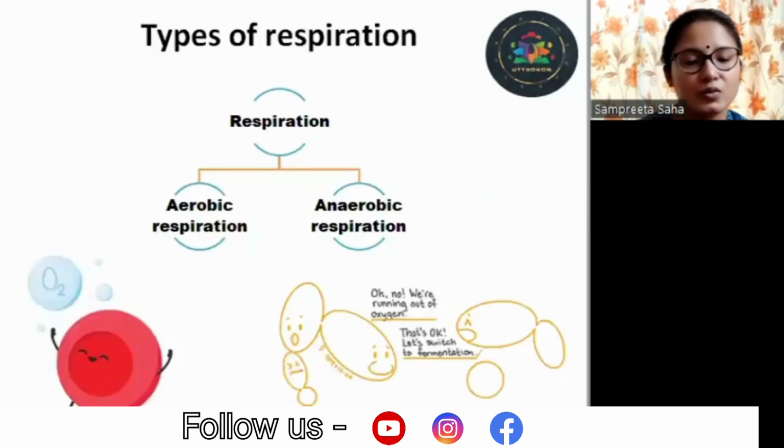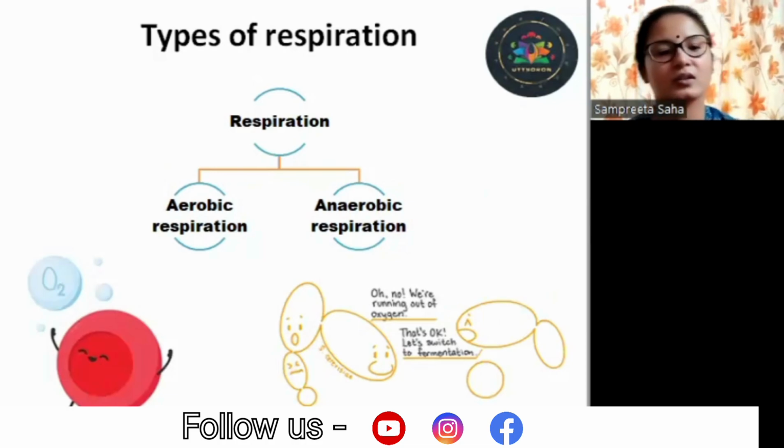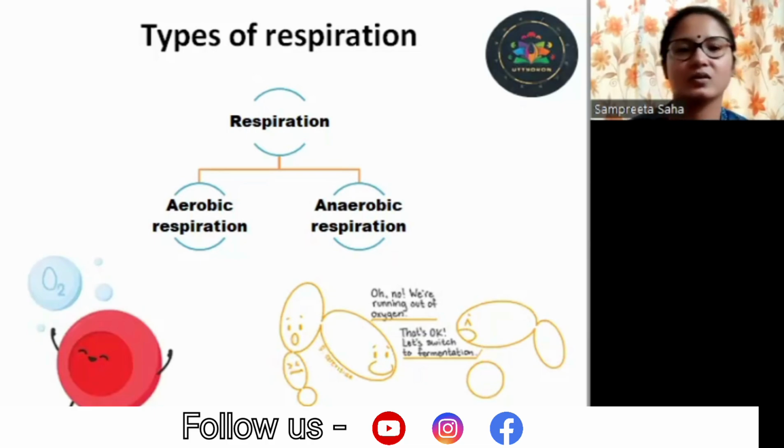So there are two types of respiration. There will be a full lecture on the chapter respiration itself. Here, in order to describe the characteristic respiration, I'll be just touching the heads for clarification. Respiration is of two types, aerobic and anaerobic. Now, from your preliminary knowledge, you already know aerobic respiration means the respiration that takes place in the presence of oxygen, whereas anaerobic respiration is the one that takes place in the absence of oxygen. Clear? So that is all about aerobic and anaerobic respiration.